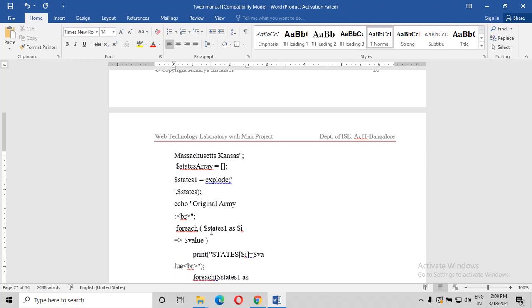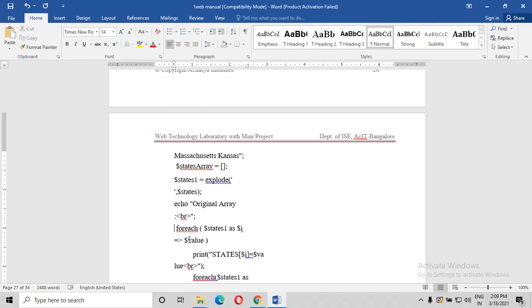This loop goes through each key value pair in an array. You can observe here that in the states, I is the key and value pair, so I am taking each and everything as I, in the key and value pair format.